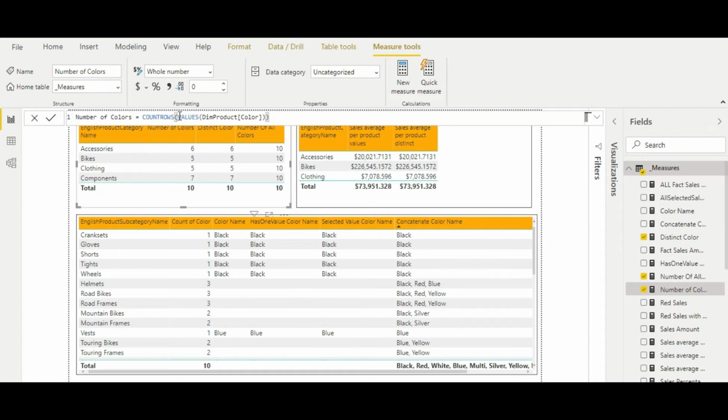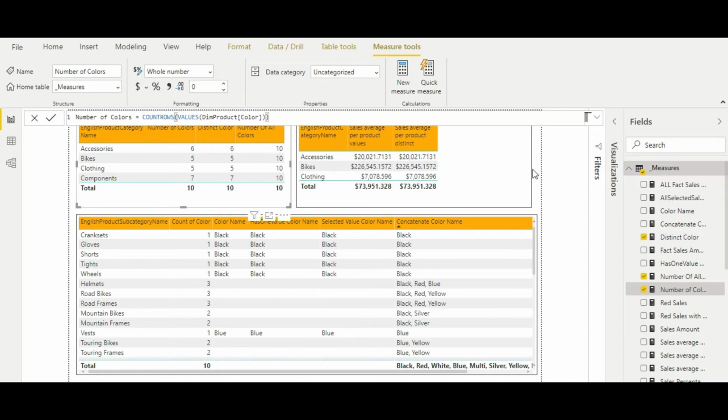Now as I mentioned, VALUES always returns distinct values or the unique values inside that column. So this measure will return the unique colors which fall under this particular category. As you can see here, under accessories we have 6 unique colors, under bikes 5 unique colors. Similarly, in total we have 10 unique colors, right?